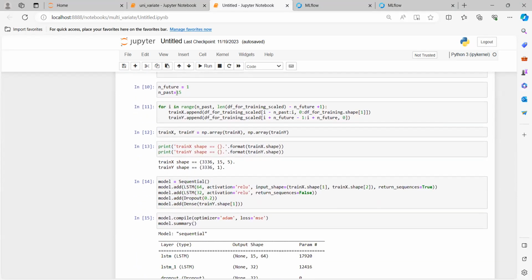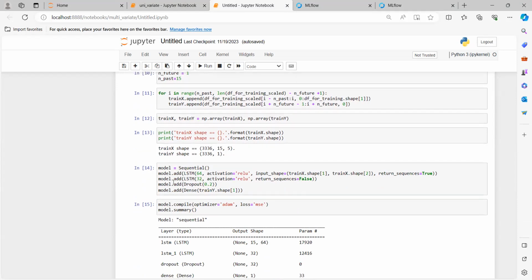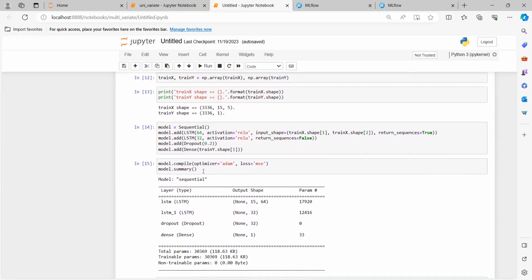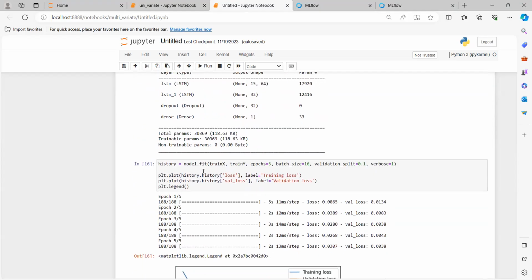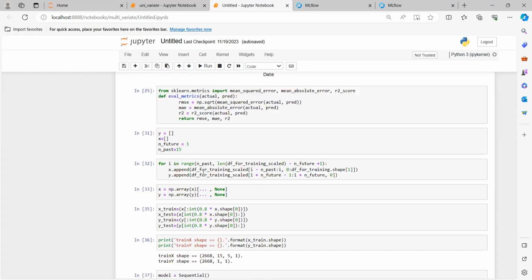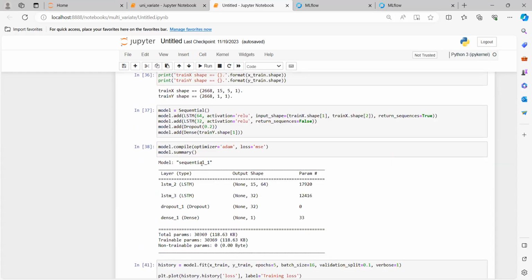For this model, I constructed it using TensorFlow. In this TensorFlow model, I added an LSTM layer of size 64, followed by an LSTM layer of 32. Then I added a dropout of 0.2, which can reduce the overfitting of the model. Then we added a dense layer so that the output is reflected. Then we trained our model, and after training the model,